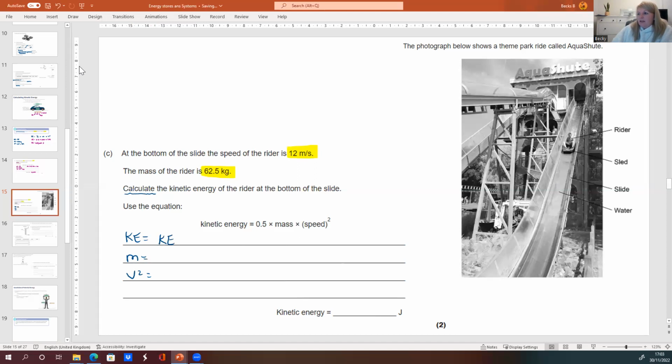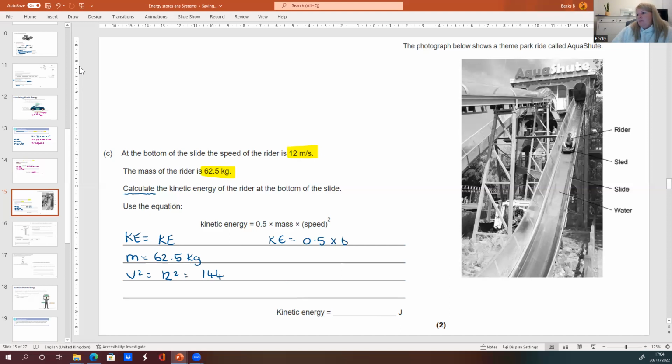Leave that as it is. Mass is 62.5 kilograms, no conversion needed. And I've got 12 again. So 12 times 12, do that squaring now. 144. And now I just need to substitute